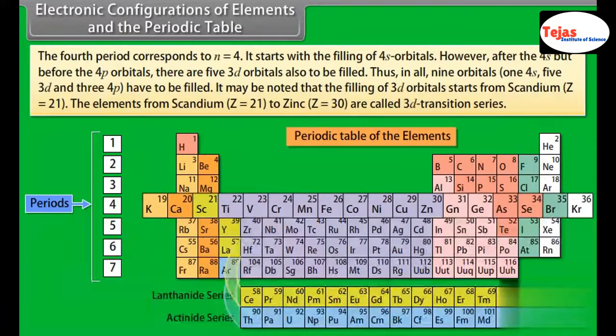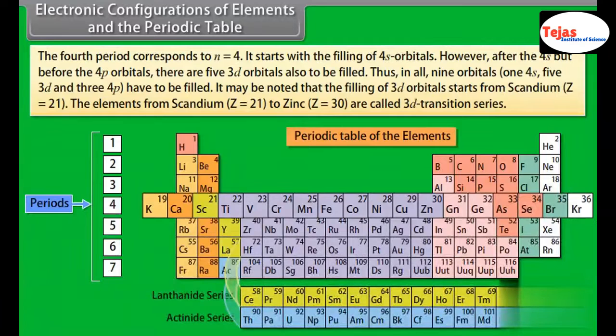The fourth period corresponds to n equals 4. It starts with the filling of 4s orbitals. However, after the 4s but before the 4p orbitals, there are 5 3d orbitals also to be filled. Thus, in all, 9 orbitals, one 4s, five 3d and three 4p, have to be filled. It may be noted that the filling of 3d orbitals starts from scandium, atomic number 21. The elements from scandium, atomic number 21, to zinc, atomic number 30, are called the